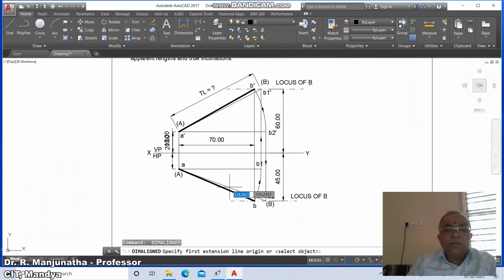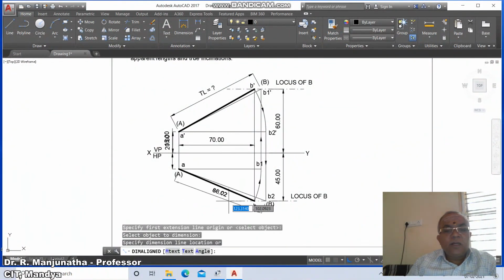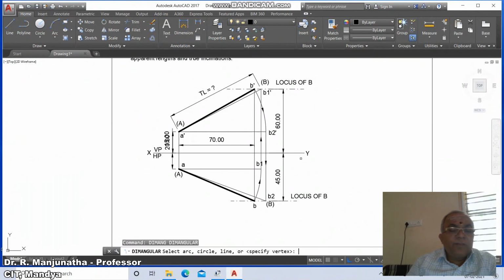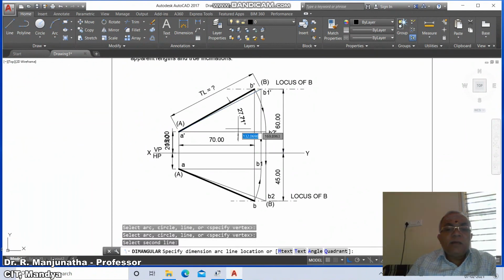So here, if you check, 86.02 is fine. Then go to dim angular, select between this line and this line, so you're going to get 27.71 degrees, which is theta.